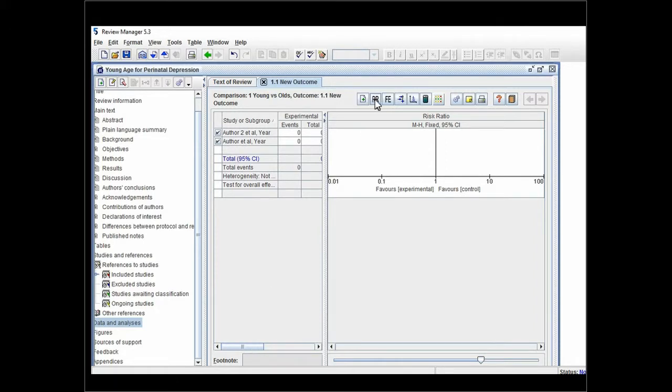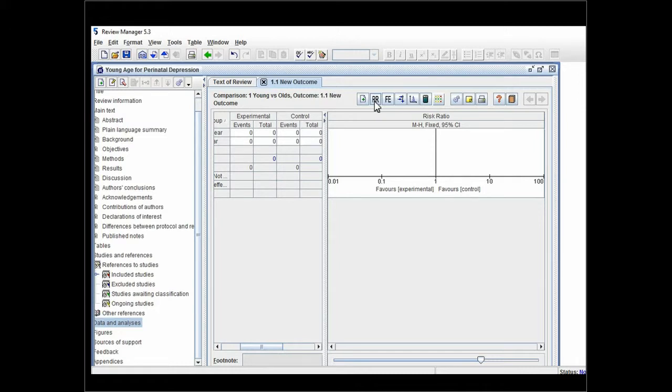Now if I click over to risk ratio, it's the same thing. It needs that 2x2 information in order to calculate your risk ratio. So it doesn't matter whether you toggle odds ratio, risk ratio, or risk difference. You still need to know all of the pieces of your 2x2 table. The main differences will be that,